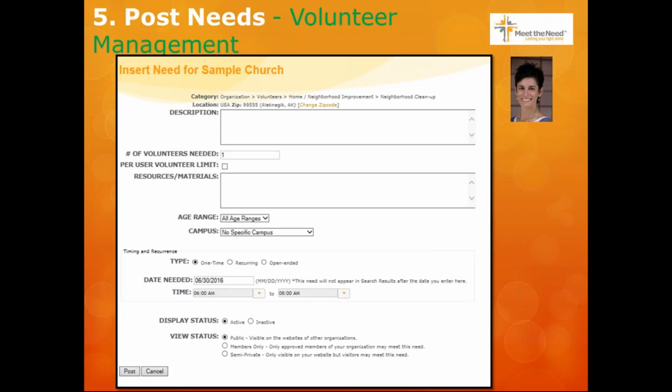You can post a members only need, and the email will only go to the team of those volunteers, and they'll have to log in first before they're going to see that need. So it provides a couple of levels of security there for those really private type needs. And then when you hit post, the need will be posted and you'll be able to see it in your